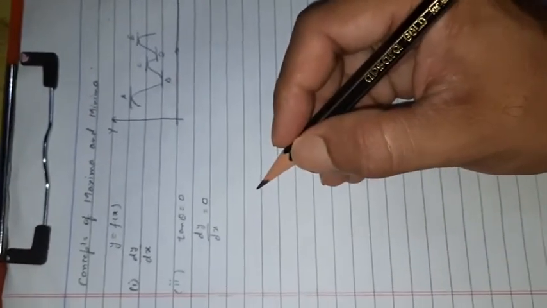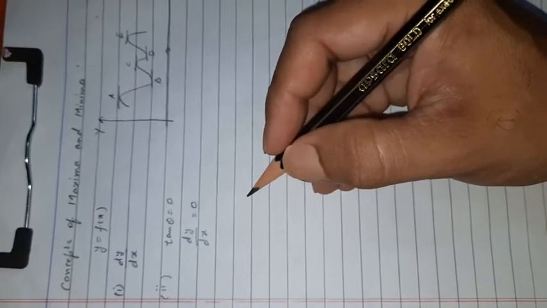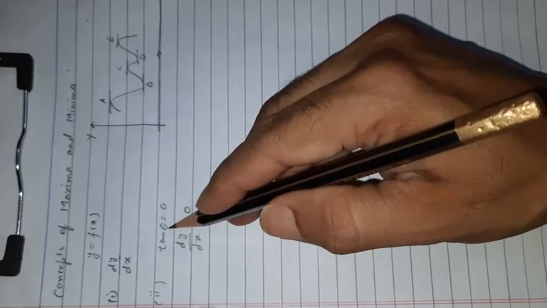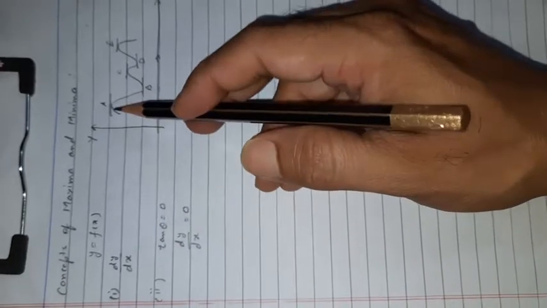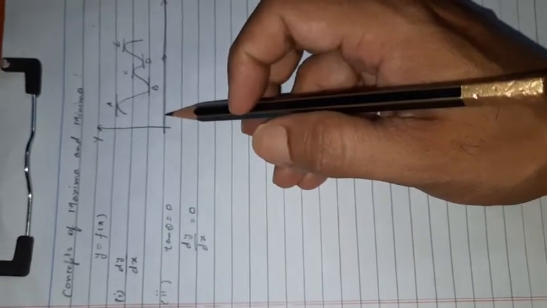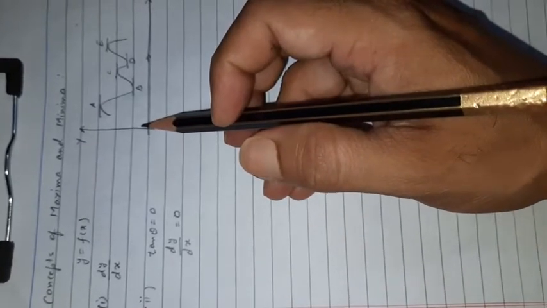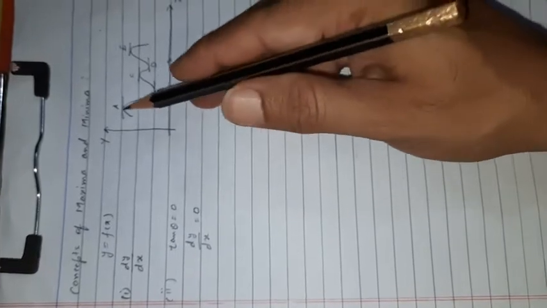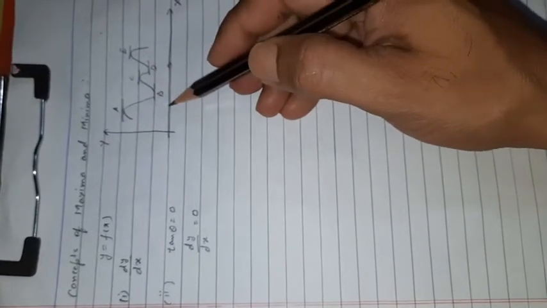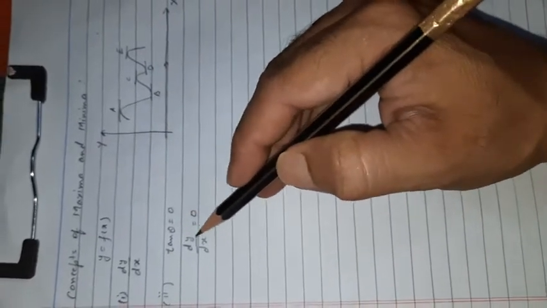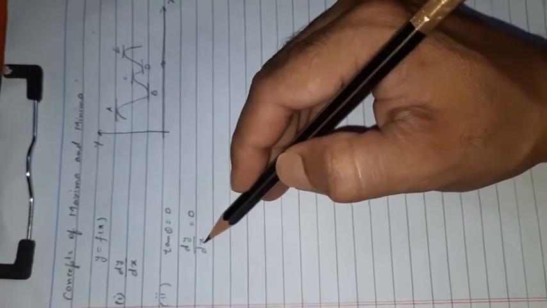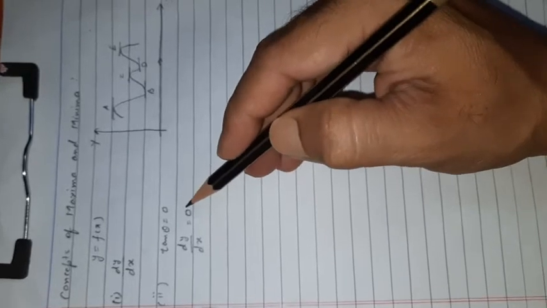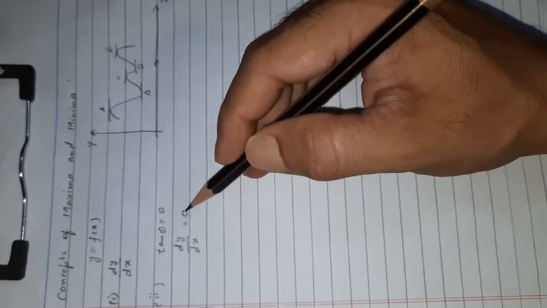We know that tan theta is equal to dy by dx. So tan theta is equal to 0. Why is tan theta equal to 0? Because the tangents are parallel to the x-axis. If you remember the previous diagram, theta always starts from the x-axis. So here it is parallel, so theta is 0, so tan 0 is 0, so tan theta equal to dy by dx, so dy by dx is equal to 0. This gives the value of x for the points of maxima and minima.